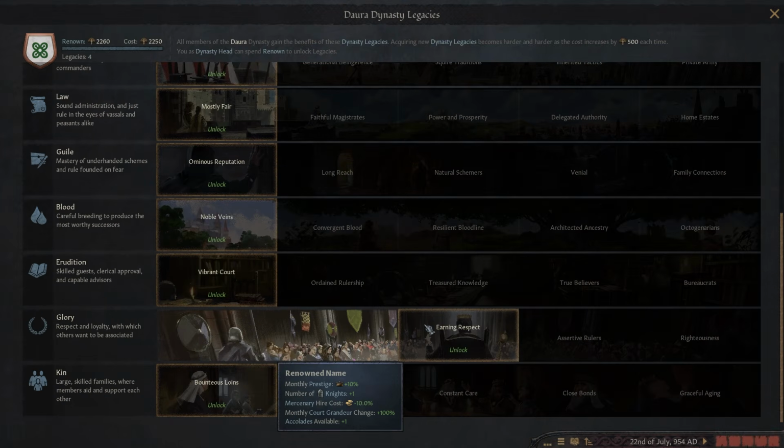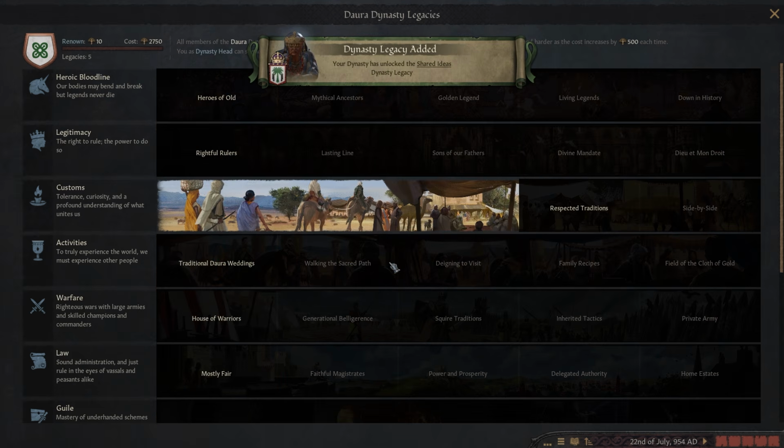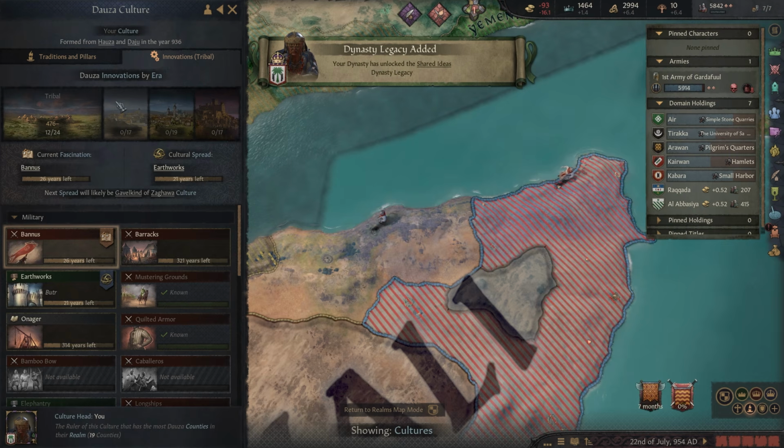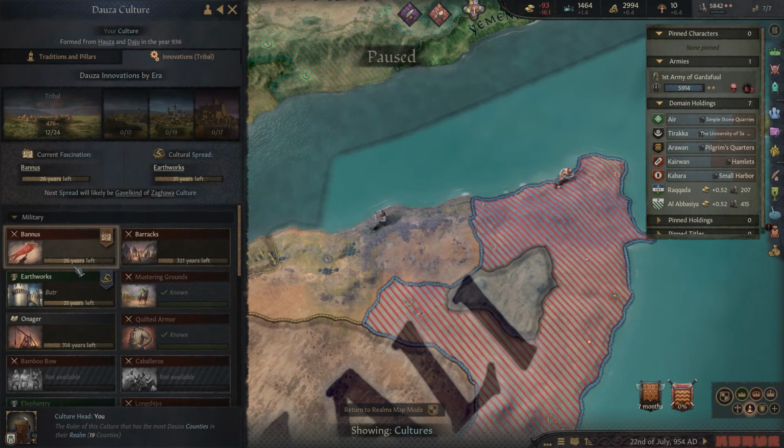Here, what have I been going down? So we went down here. Don't need the next one. I went to this bit. Oh yeah, I definitely want cultural fascination. I think that's the whole reason why I went down this path. So let's grab cultural fascination. What is my cultural fascination right now? And are we getting this? We're going to get this in 21 years. Okay, it's going to be slow.